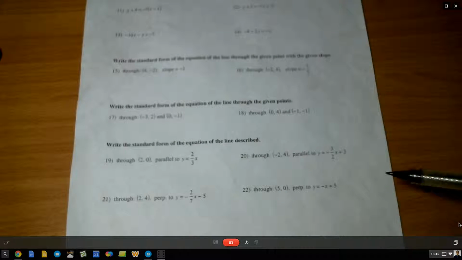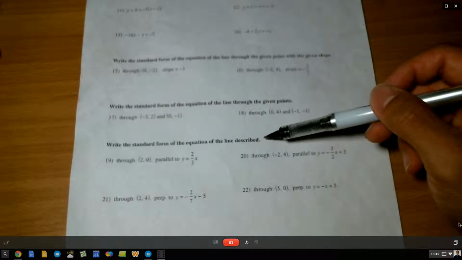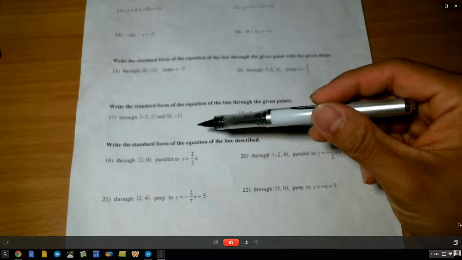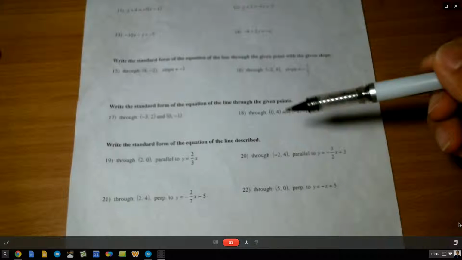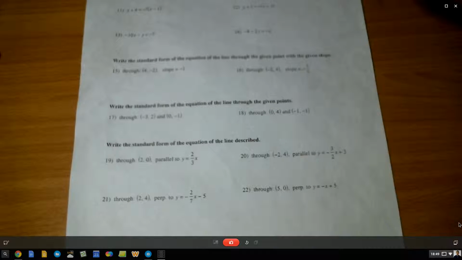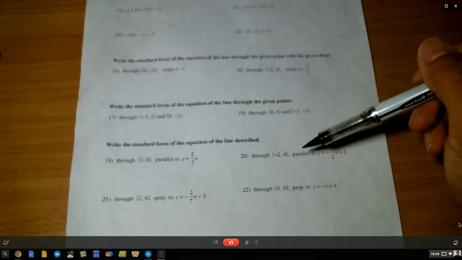So number 20, the question says, write the standard form of the equation of the line described. In class, we didn't actually put this in standard form. So in this tutorial, we won't put it in standard form. Instead, I'll just put it in y equals mx plus b form, because after that, you could convert the equation from y equals mx plus b to standard form like we did in class earlier. Okay, so number 20,